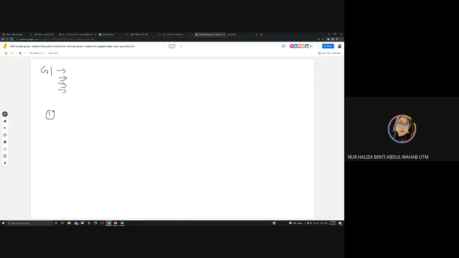First is your logic diagram. Second is your timing diagram. Third is your state table. And lastly, fourth is